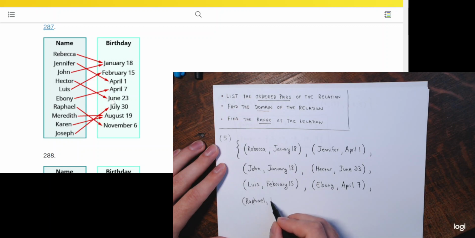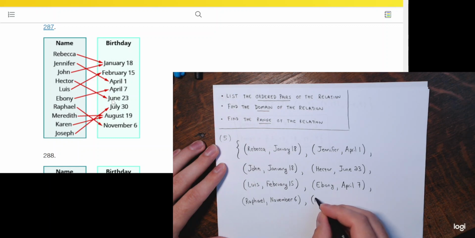Raphael to November 6th. There's another ordered pair. Then we have Meredith to the August 19th birthday. So ordered pair with the first coordinate Meredith, second coordinate August 19th, comma. Next ordered pair, Karen, also has the August 19th birthday. So ordered pair Karen, comma, August 19th,